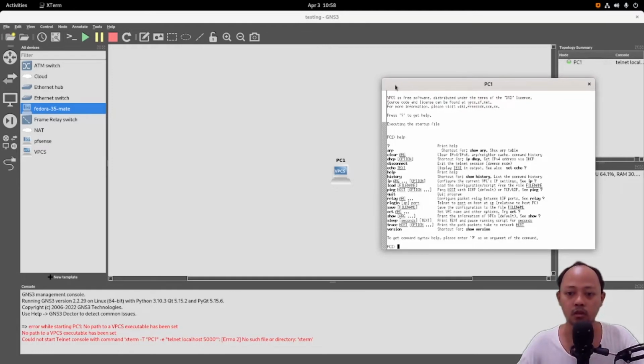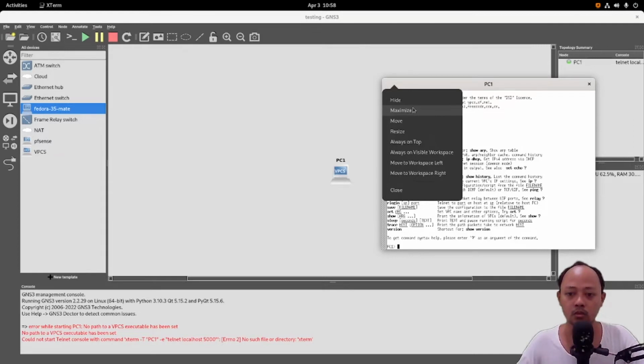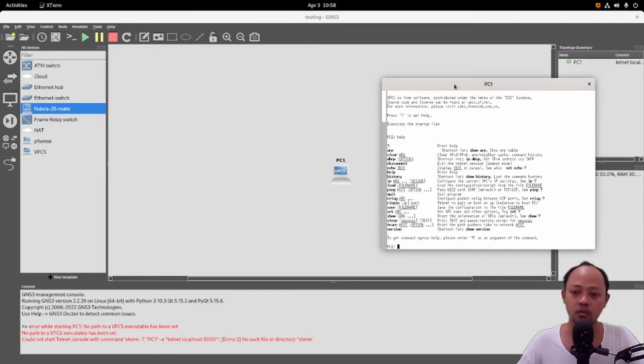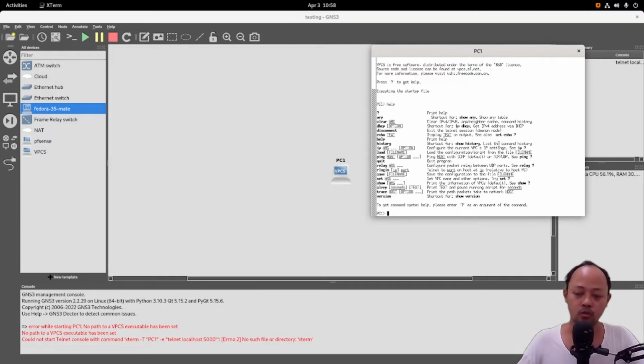Wait, I need to zoom so you can see clearly, but I don't know how. I think there's no zoom option, so you can try yourself.